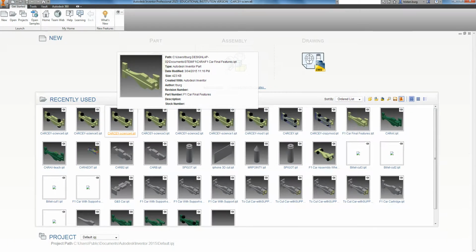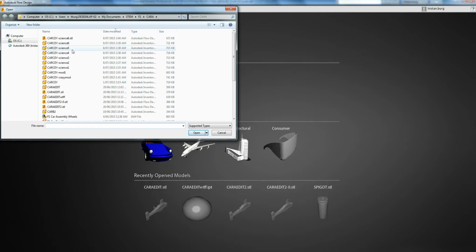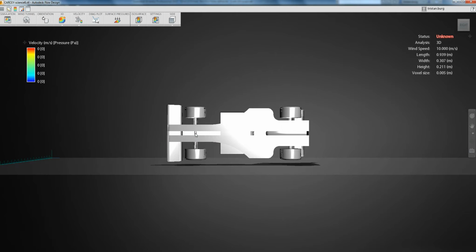Now I can come across to my flow diagram and I can import. And I want to import Casey size number 6 STL. Notice how the IPT files, or Inventor files, have this funny little box, but the ones that are STL files have this F for flow, which means flow can open them. That might not come up on yours, but hopefully eventually it will come up with F because it means they're a flow diagram document. And there it is. There's Casey size number 6. It's been imported into